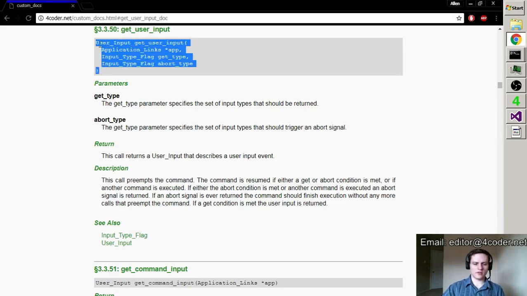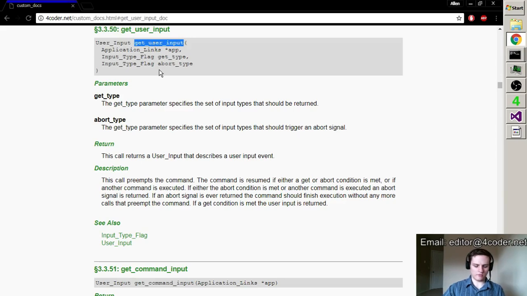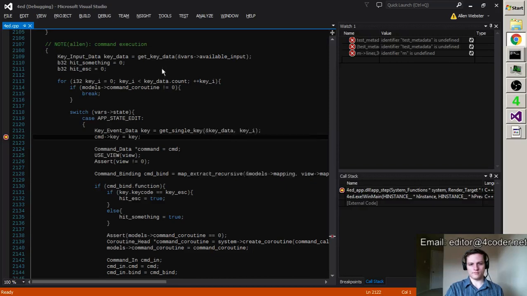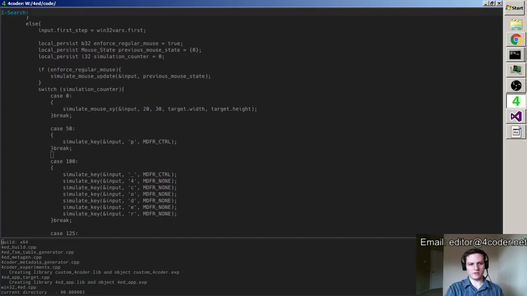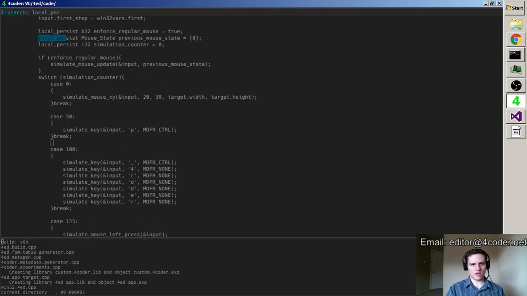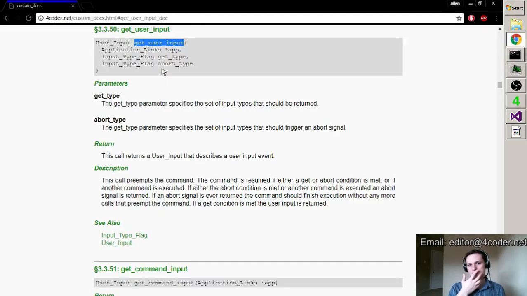Get user input is a call that yields from the current coroutine to the main thread and tells it, hey, this command is actually still running, but it's requesting input from the user. This is what is used to do things like searches. All that is powered by the coroutine system.